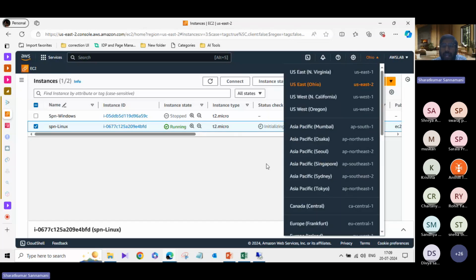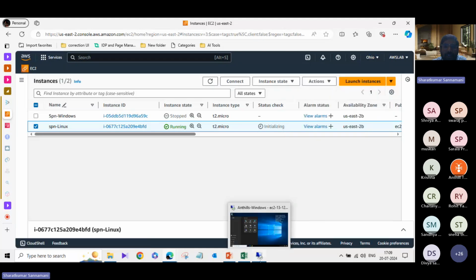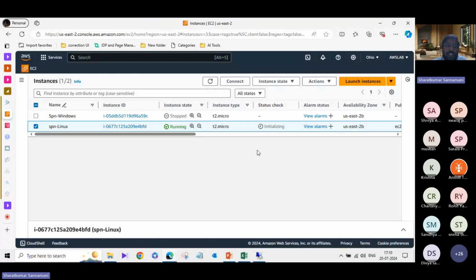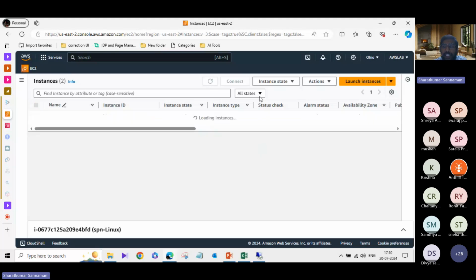I have not gone to the US, but still I'm able to create a virtual machine. And I have created another Windows machine, which I'm sitting in here. I'm creating a Windows machine in an India location. See the advantage, or what else you can do. You can do a number of things sitting in your home, with just an internet connection and a laptop. So you can create any servers anywhere in the world.